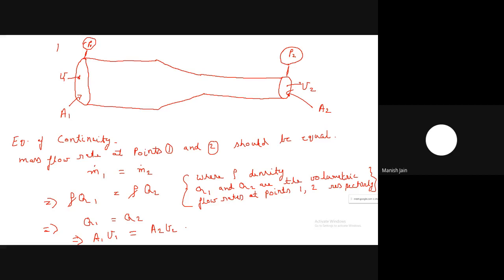Now from this equation you can write V2 equal to A1 V1 divided by A2. Now you can use the Bernoulli equation. Okay, so the Bernoulli equation in this case will be